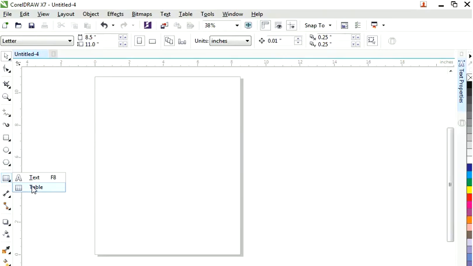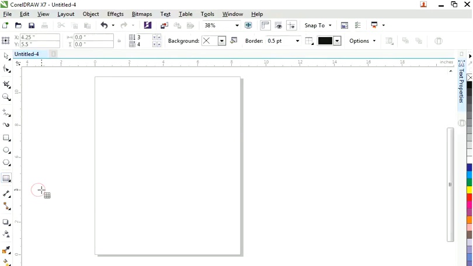Now there are a number of usages. It's totally up to you where you want and how you use it. Okay, so let's see the usage. First I have to come to the toolbox, and then I will click on table, and as you can see here, now I'm ready to use the table.